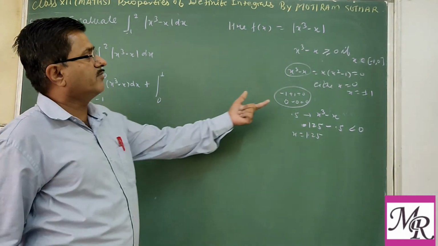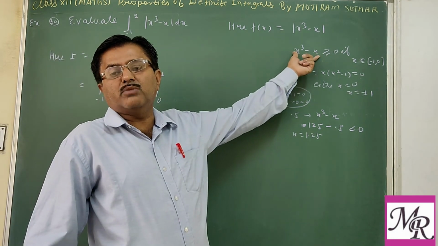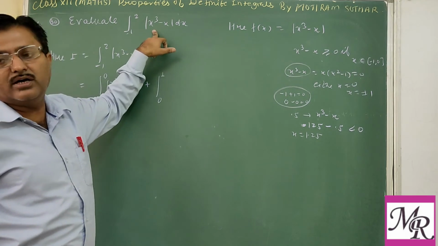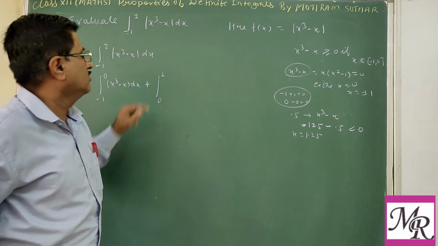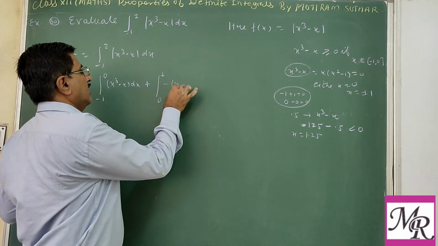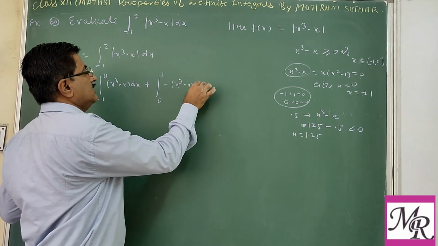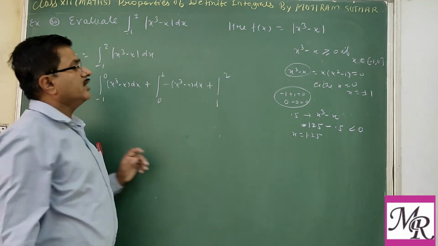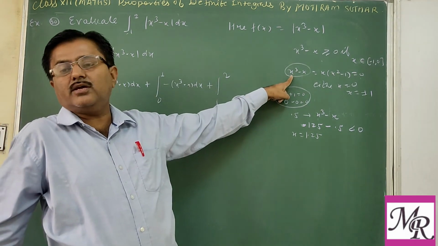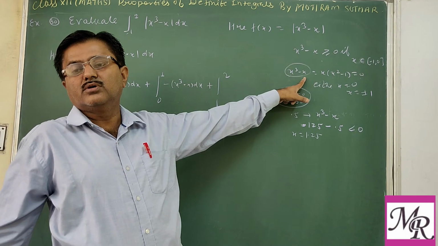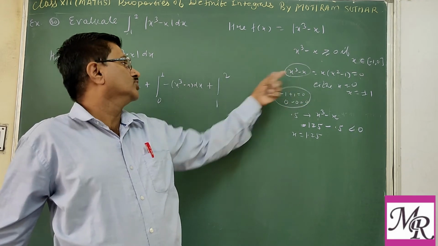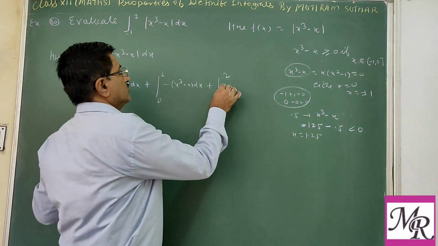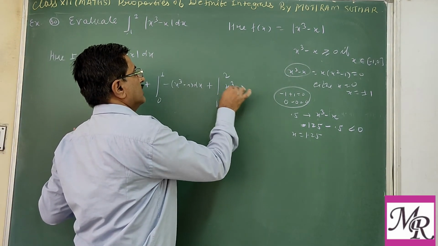Now the value of x power 3 minus x is negative in this interval. So to remove the modulus, or to make it positive, we need minus of x power 3 minus x dx. And from 1 to 2, now you can take 2 here: 2 power 3 is 8, minus 2, that is 6, which is positive. So in this interval, the value remains positive. So you write x power 3 minus x.